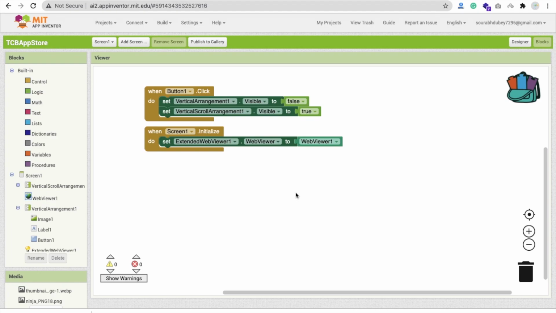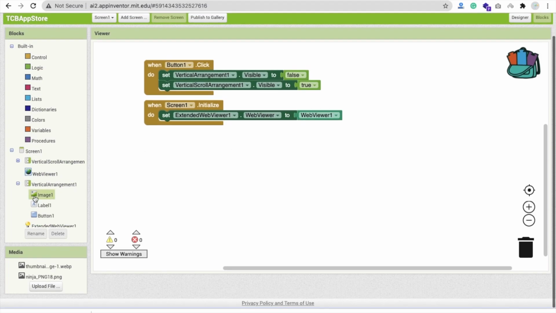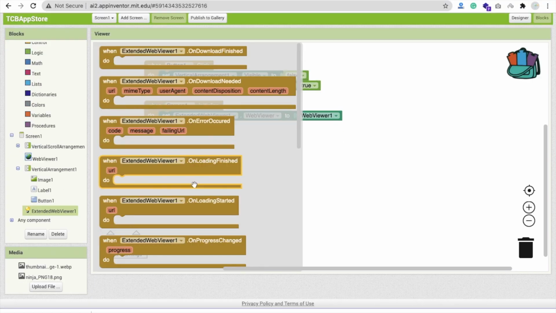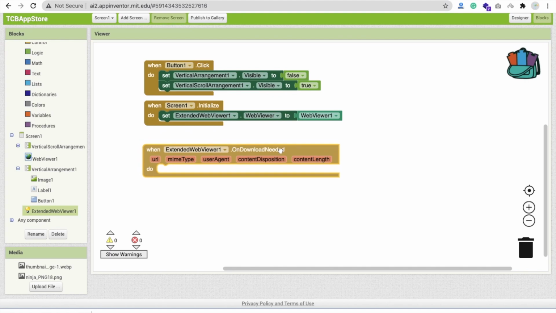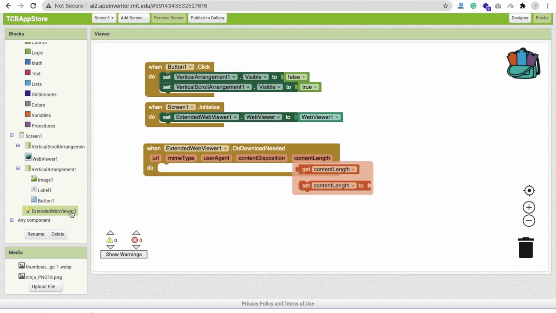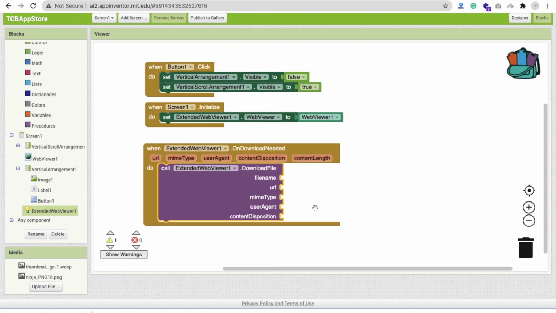So for that, we have to call it here. Click on the extend web viewer option, and then you will find the download needed event. Whenever someone clicks on this link and download is needed, click on the extend web viewer again, and you will find the block called extend web viewer download file.